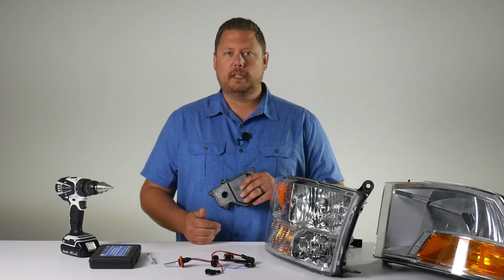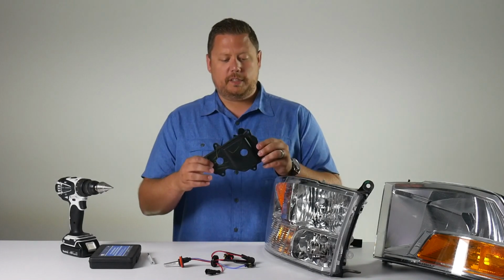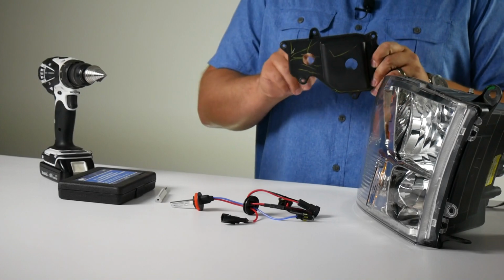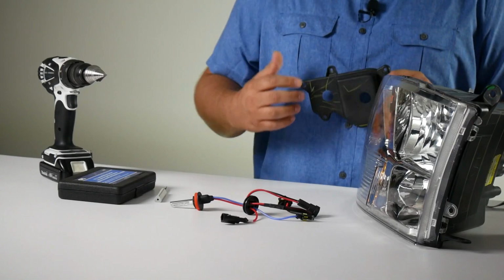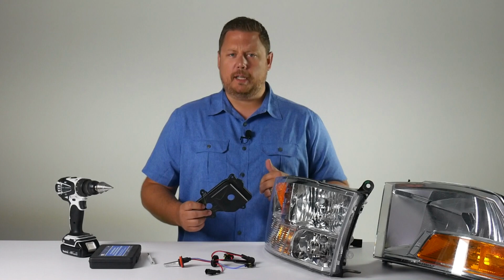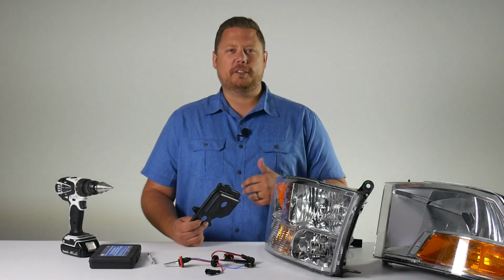bulb system in a headlight that uses a dust cover. You can see this style from a Dodge Ram with projector headlights. You've got two holes in the dust cover for your low beam and your high beam, and some, like this Dodge Ram reflector headlight, have only one dust cover per bulb. It's pretty much all the same. You just follow these steps and make as many holes as you need to in your dust covers to fit